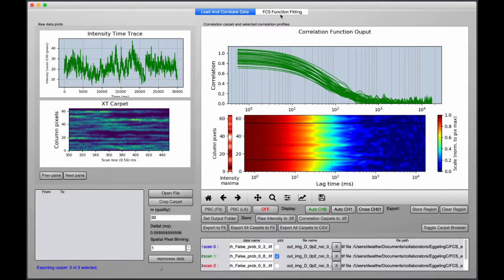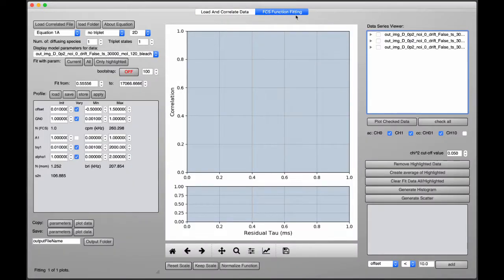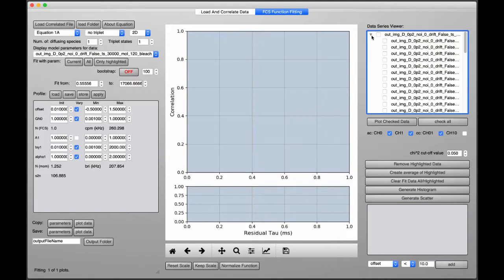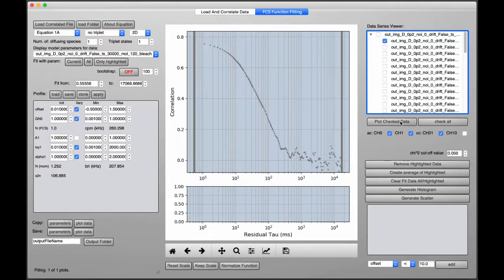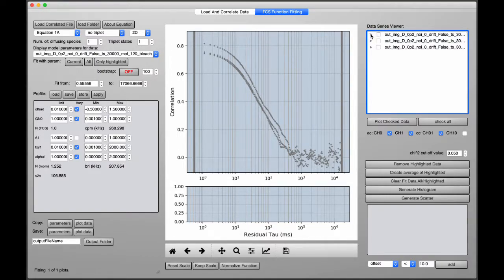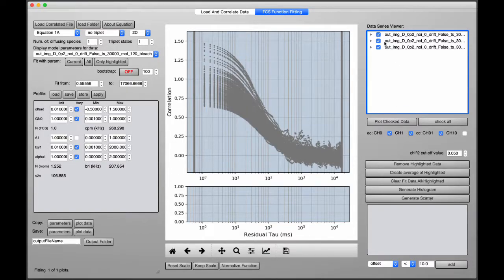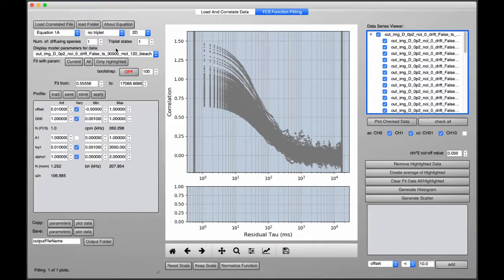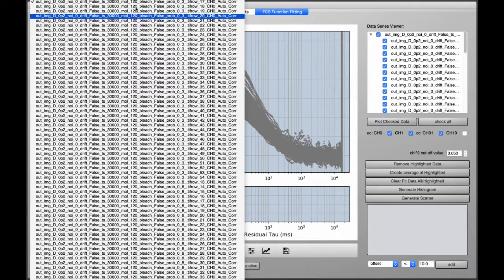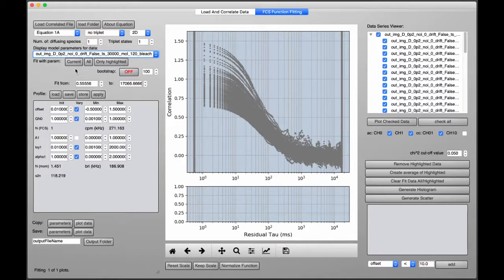And now when we click our FCS function fitting tab, once in the fitting tab we can now visualize our individual carpets by checking and plotting individual curves, or multiple curves, or all of our curves, like so. And then what we want to do is fit one of these curves as an example for the others. So we'll just pick one of the first ones, and then once we've selected in this list, we can say fit with parameters,